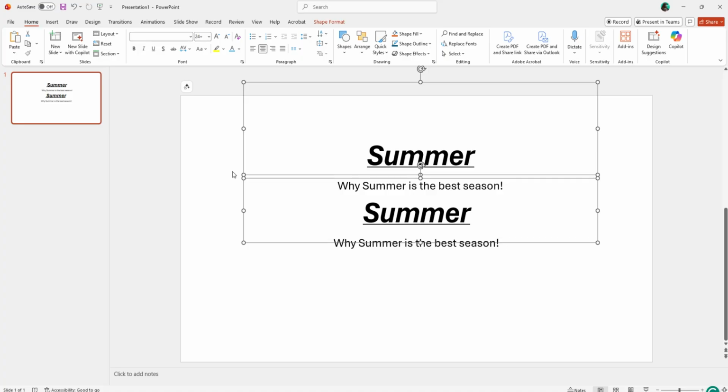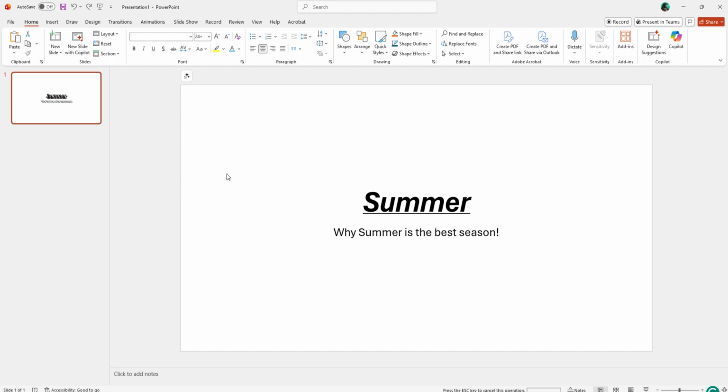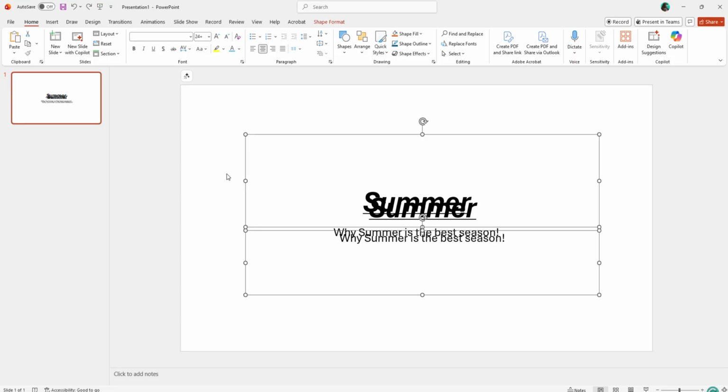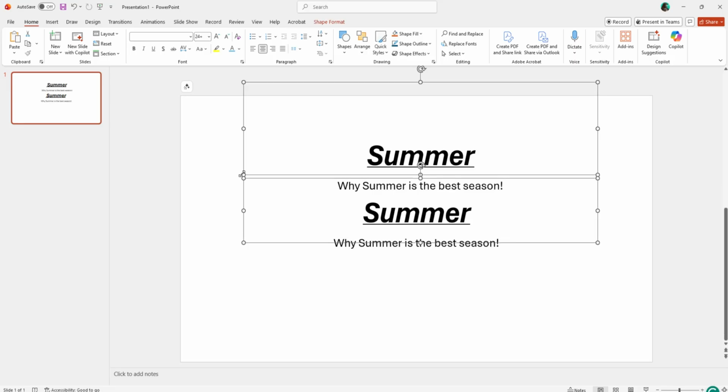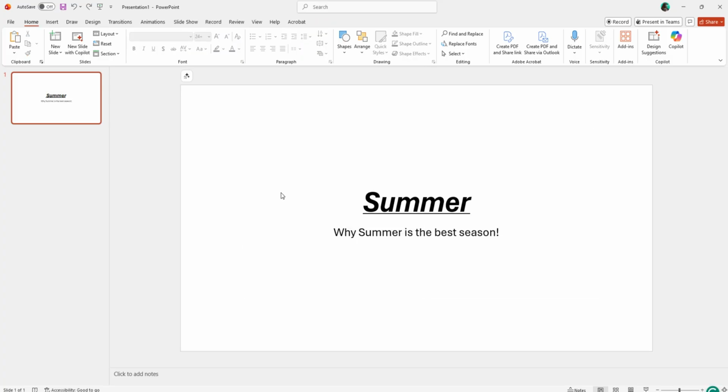If we want to undo what we just did, it's Control Z, so that's undo. If I do Control Z again, now it's gone. Now if I want to redo something I just undid, I can do Control Y, and Control Y again. Now we're right back to where we were. That is a really helpful tool as you're working through, because there's going to be countless times where you make mistakes, and rather than having to delete something you just did, you can just undo it by doing Control